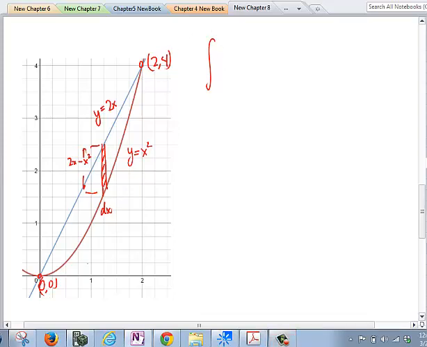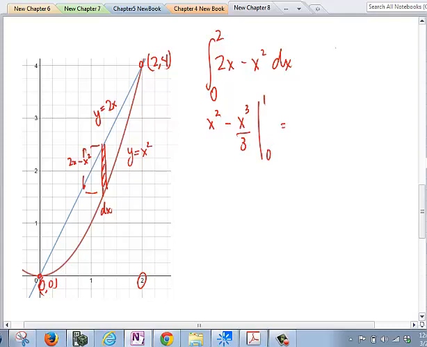I'm going to integrate from a lower limit of 0 on the x-axis to an upper limit of 2. My top function is 2x. My bottom function is x squared. Don't forget the dx. When I evaluate it, I have x squared minus x cubed over 3 from 1 to